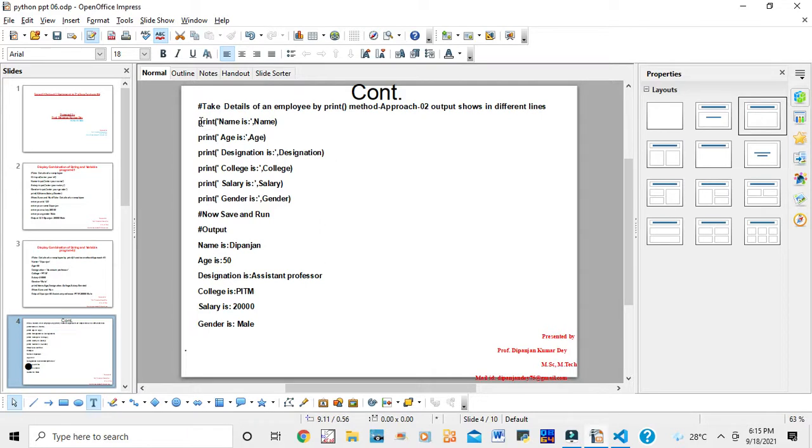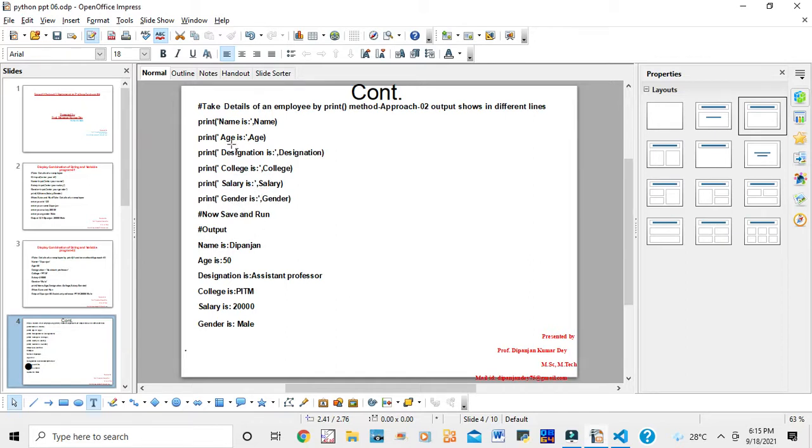So what will be the code? Print equal to name is the name, because it is already mentioned in the previous program, and we are continuing that program. Name is name, age is age, designation is designation, college is college, salary is salary, gender is gender.